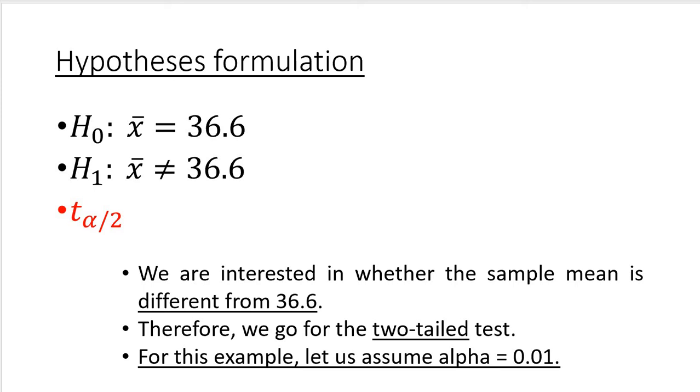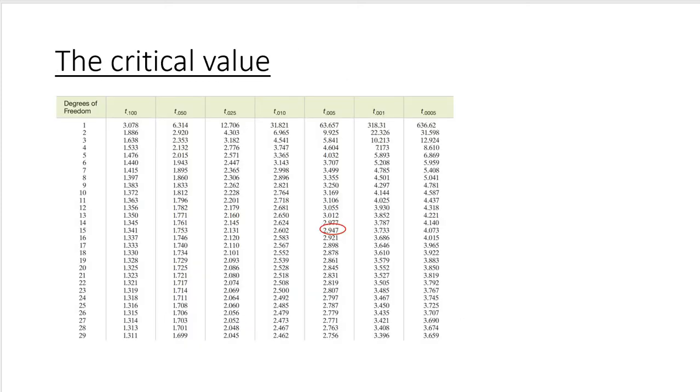And because we go for two-tailed test, and we assume the value of alpha equal to 0.01, when we look for the critical t-value, we will have to split alpha by half, which means that we will go for the value of alpha equal to 0.005. So here we are, alpha should be equal to 0.005, and we have 15 degrees of freedom,